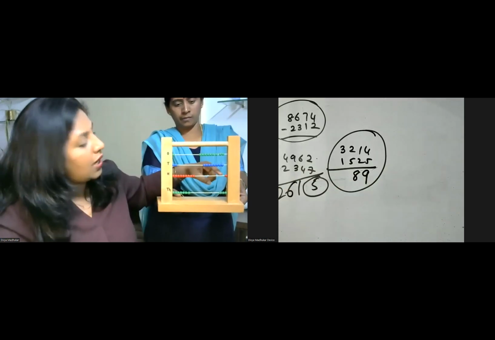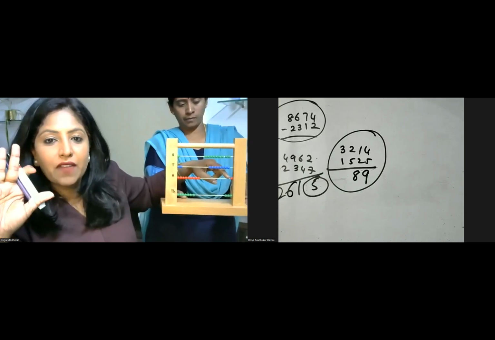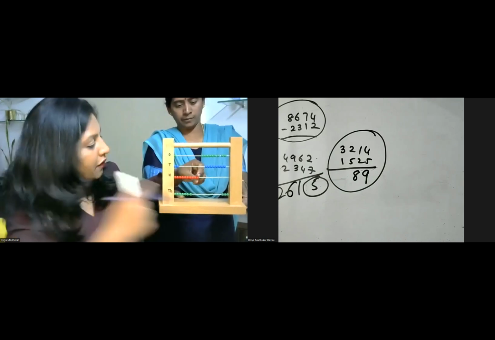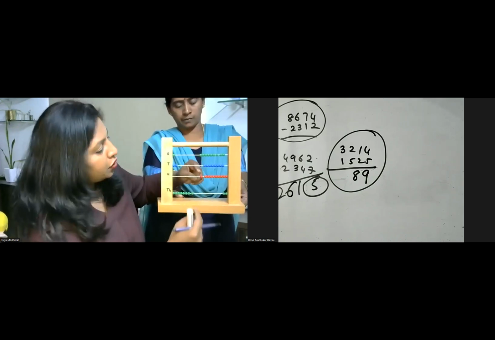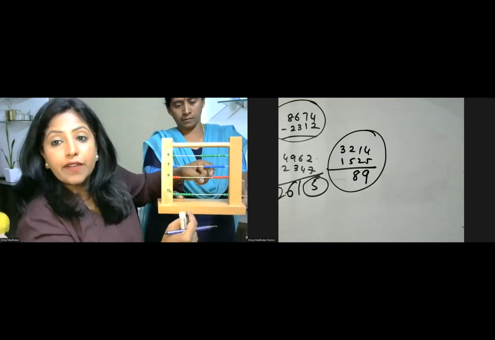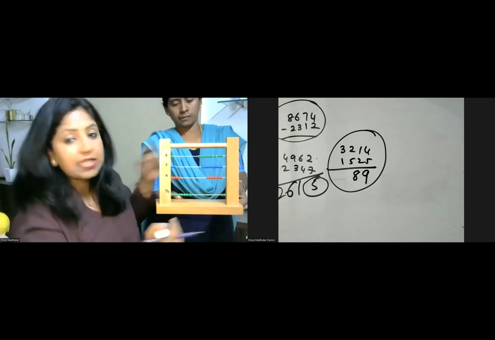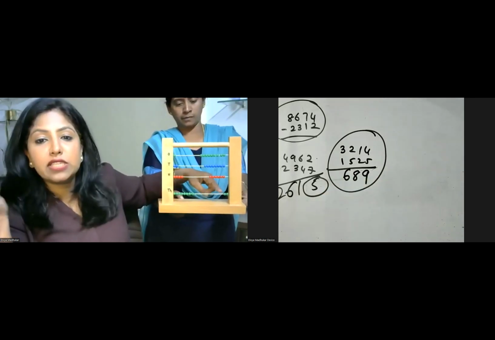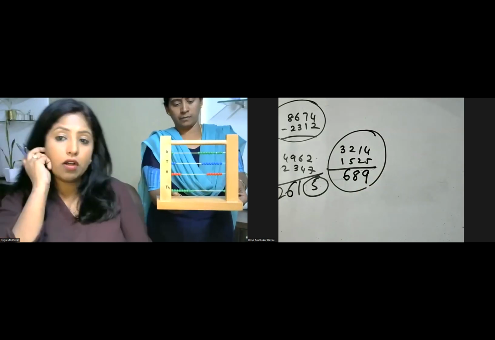Now I only have 100. But how many hundreds should I take away? 500. 100 is already gone, but for 200, 300, I don't have, so I do an exchange. So 200, 300, 400, 500. How many are remaining? 100, 200, 300, 400, 500, 600. So 600s are remaining. Now from this, how many thousands? 1,000. So you have your 1,000.